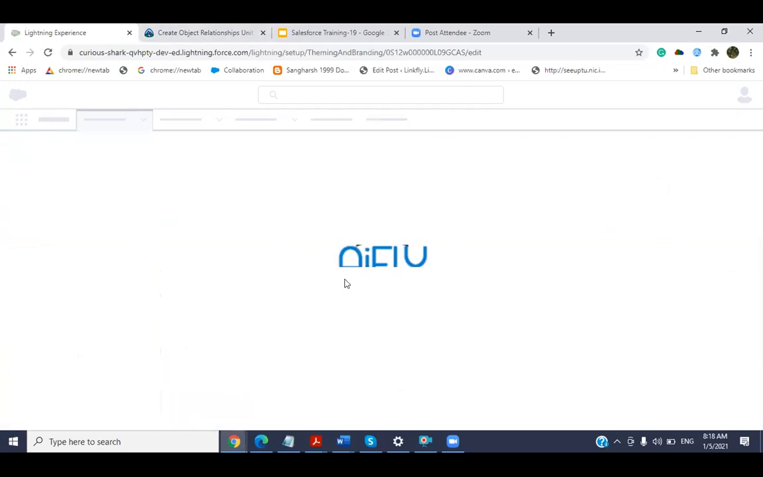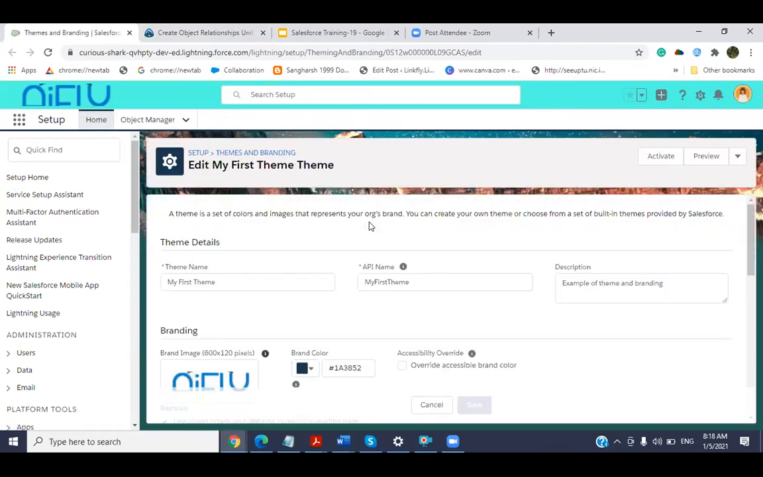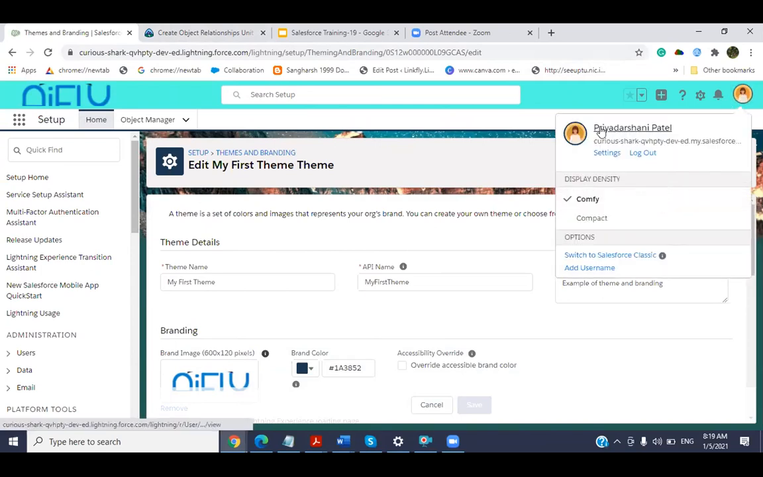So here you can see whenever we are loading the page, it is also showing our logo. So these are the changes we can customize here. We can customize our headers, our logo, our background image, our profile image. And if you go to your profile,